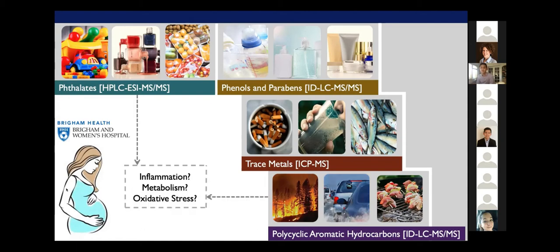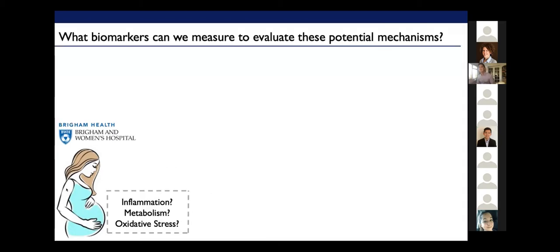So some examples include interaction with the circulating immune system, which can lead to the upregulation of inflammatory molecules. These toxicants can also interfere with receptors in enzymatic cascades, which can interfere with metabolism of macromolecules. In addition, these toxicants can interfere with the intracellular balance of reactive oxygen species, which can result in local and systemic oxidative stress. So these are some broad examples of biological pathways, and I've outlined some of these chemicals that we've measured,